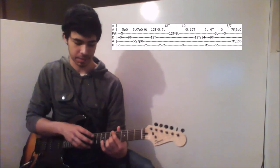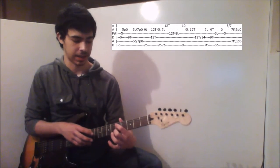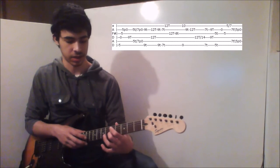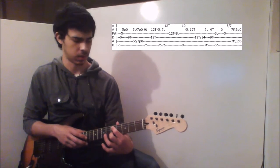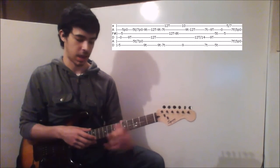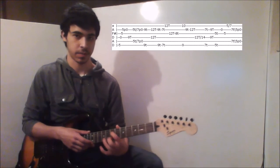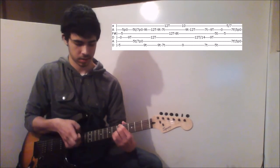And then your right hand taps the 9th of the 4th string. And then your left hand taps the 5th of the 2nd and the 4th strings. Or, sorry, the 5th strings. And then it slides up 2 frets to the 7th. And then it pulls off. So that's...